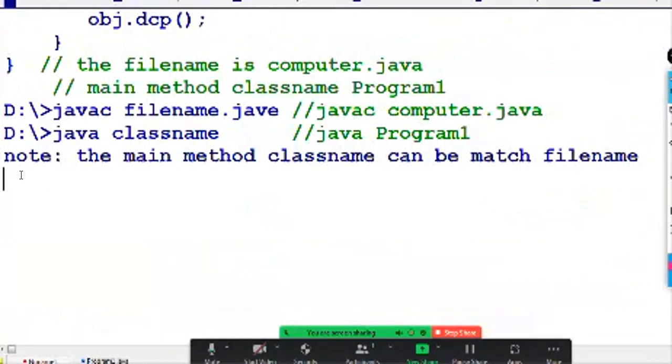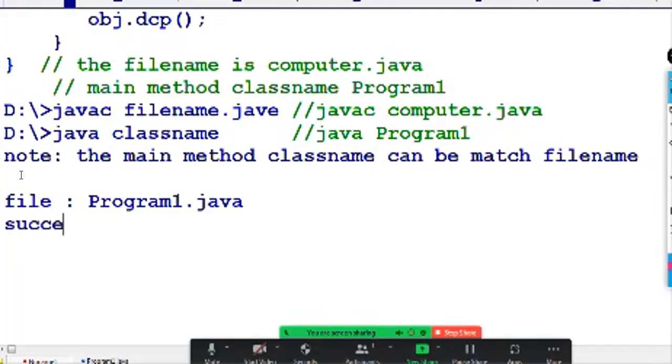Now one more point here. You created a file with the name program1.java. At the time of compilation, whenever compilation is successful, it generates class files.